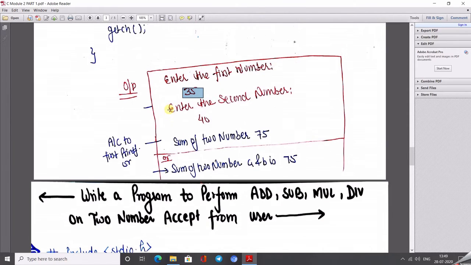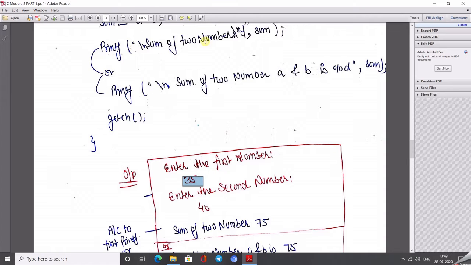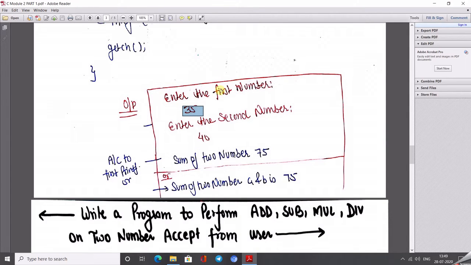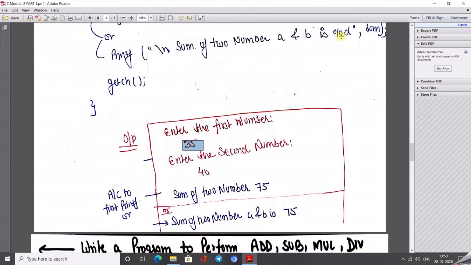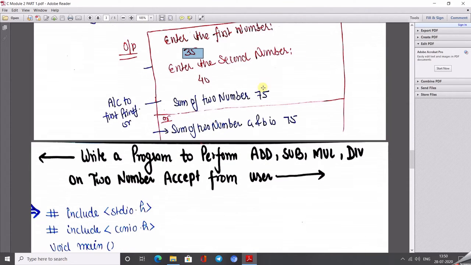According to the first printf, I get this format: sum of two numbers is 75. And according to the second, "sum of two number a and b is" is printed as it is, and in the place of %d the value of sum will be printed. The sum of two number a and b is 75.